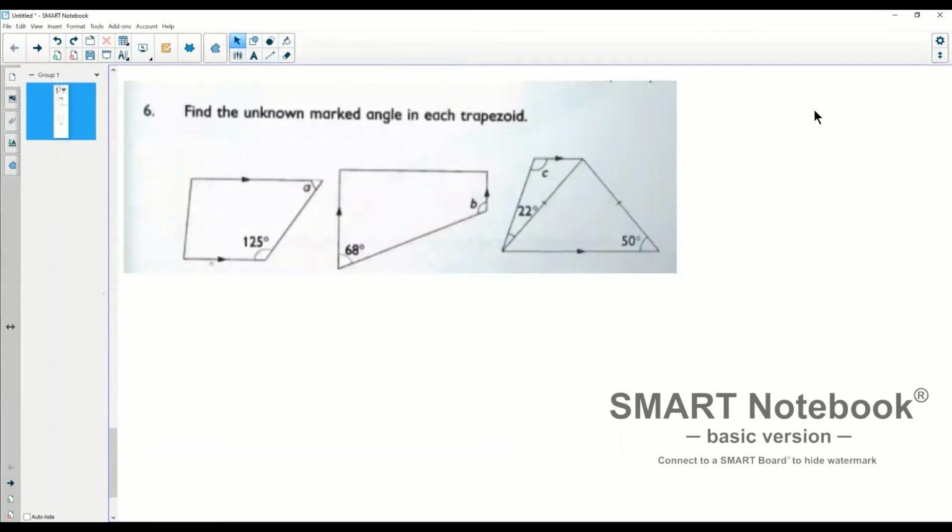Trapezoids are a bit weird. There's only one thing you actually have to remember for trapezoids, and that's that each pair of angles